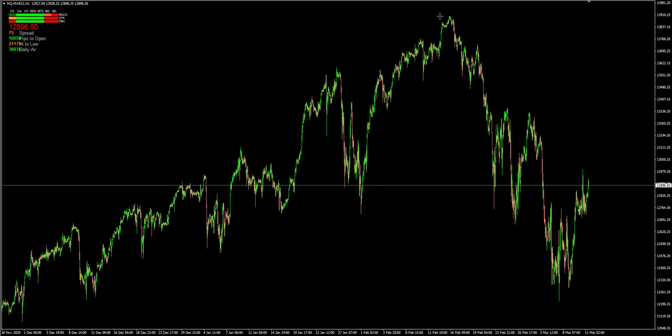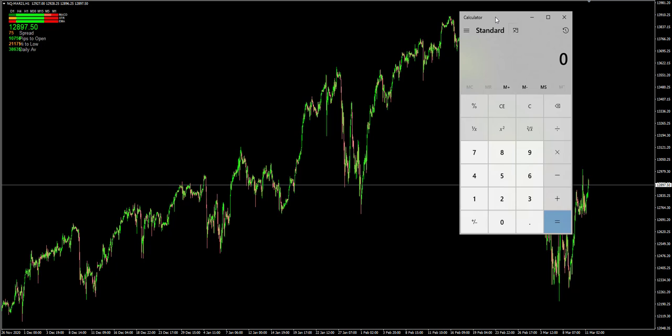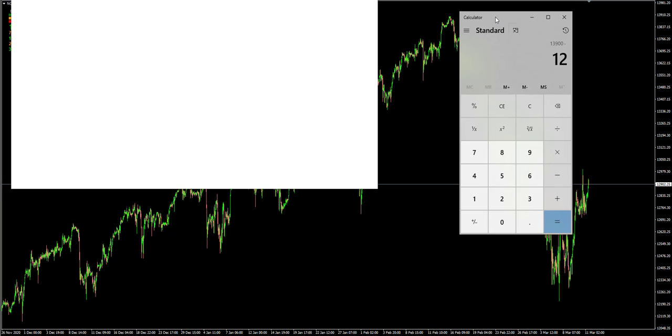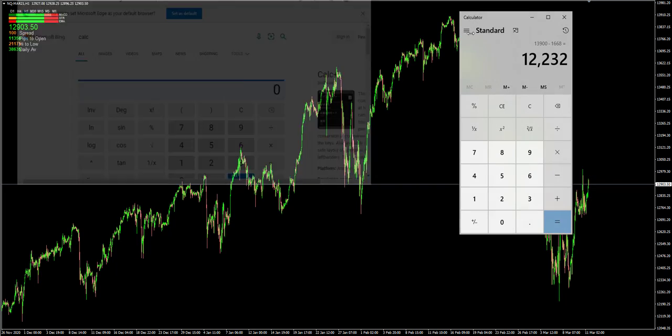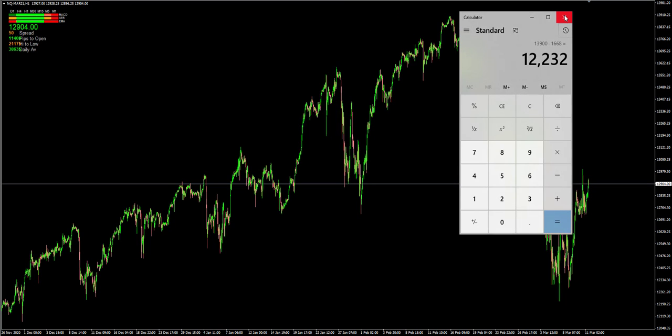The PC is slow because I'm running the recording program. All right, so 13,900 minus 8% is 12,788. Even if I subtract 12% from 13,900, this would be 12,232. The only bad thing for the DNTS strategy this time was that the maximum number of buys